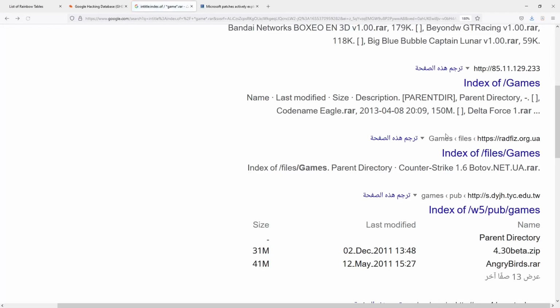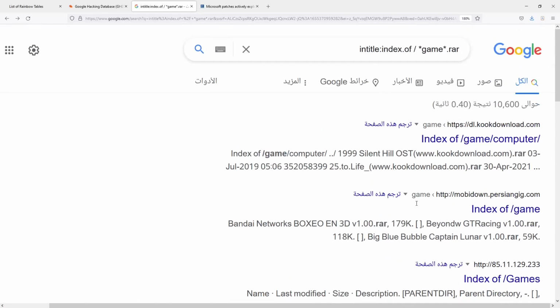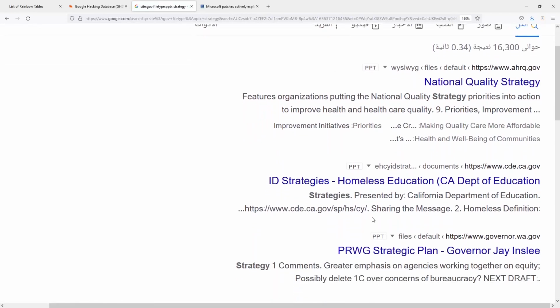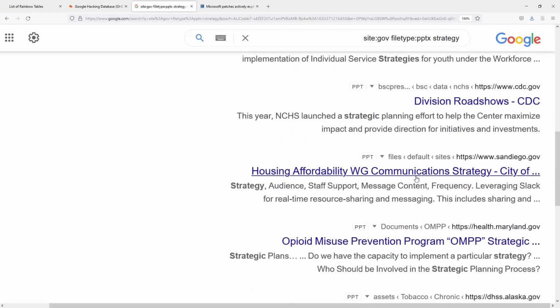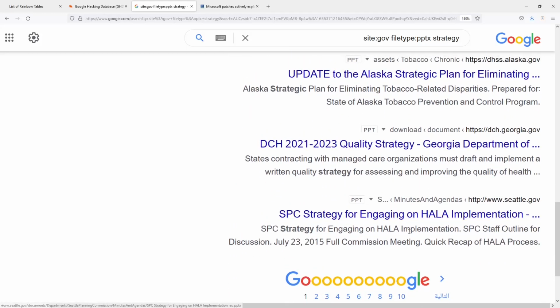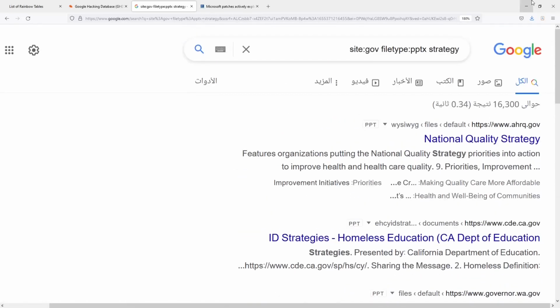Okay, but in the end, I have another option to search for a specific file or a specific URL. If I need to search for a site that includes gov, indicating a government, and a file type that is PPTX, with a file name that includes the word strategy, here I have a lot of PowerPoint presentations about strategic plans, all published by different organizations. Okay,